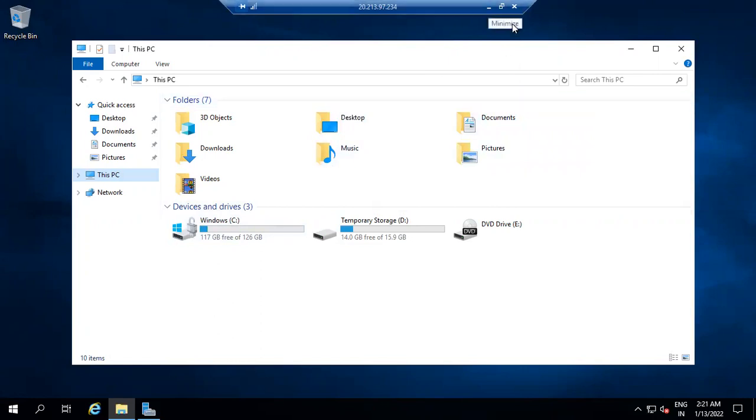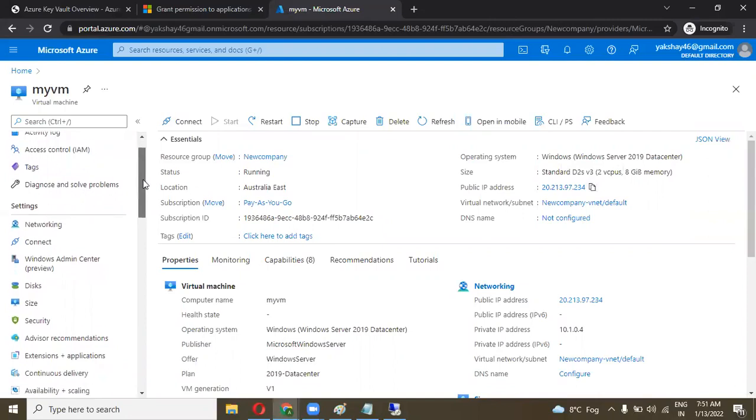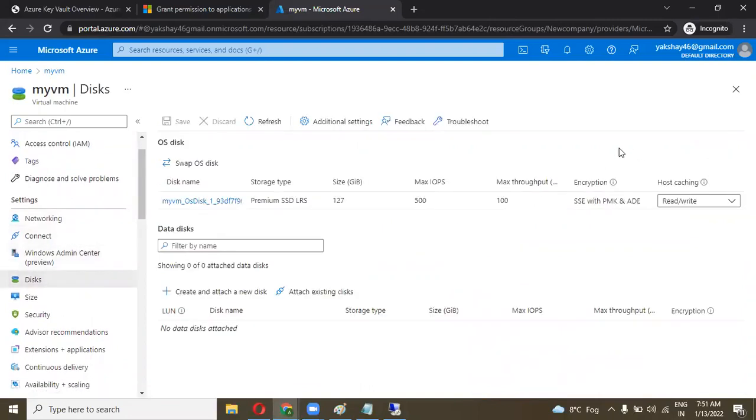Got it? Basically, an Azure managed disk comes with encryption by default, which is SSE with PMK, and we applied an external encryption level on that, so it is ADE.